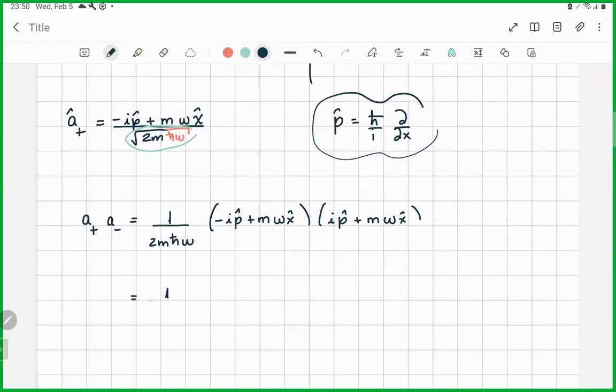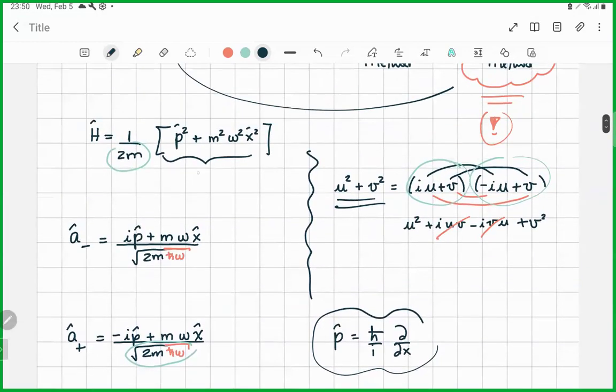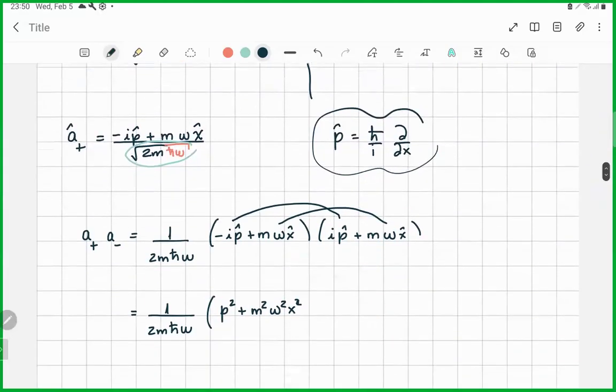So here we have this number, and then we go. This term with this, well, we said it's p squared. Okay, now let me pick this other one. And then it's m squared omega squared x squared. So this part looks exactly like what we have here. But let me also write the cross terms. This and